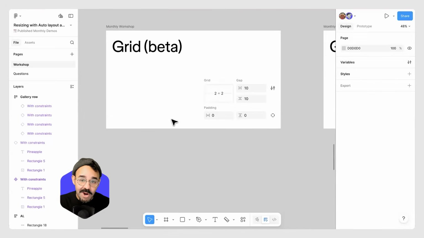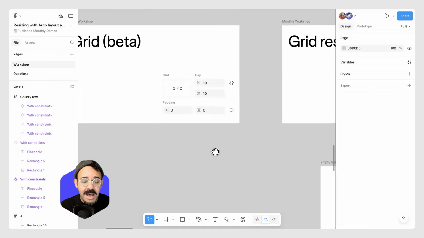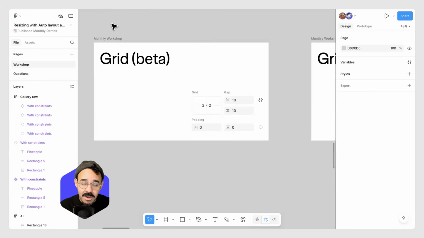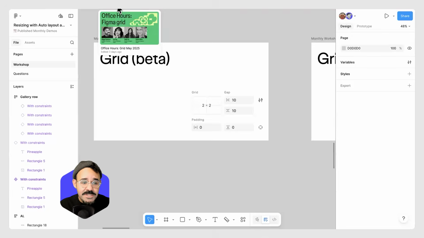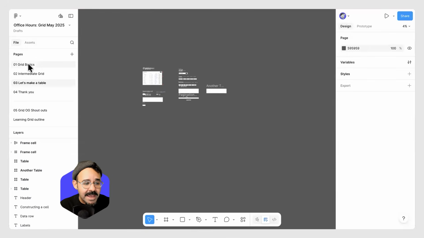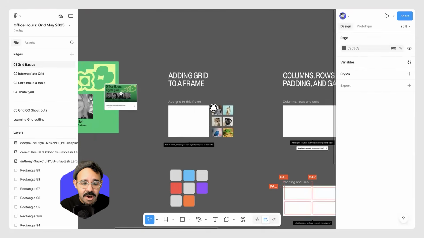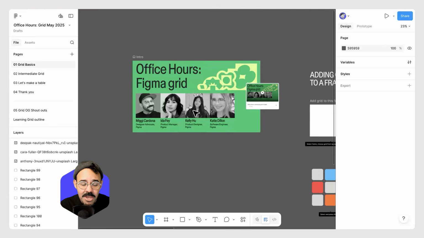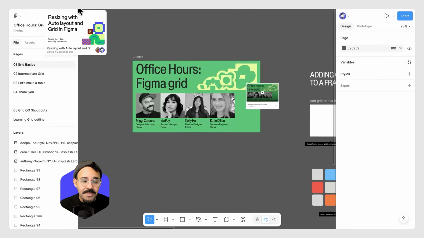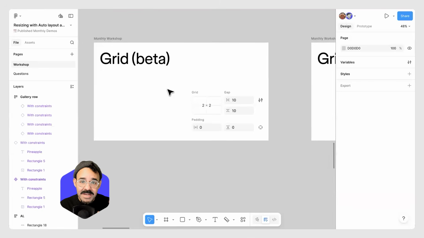So grid is currently in beta. And what that means is they're still changing certain things around with grid. I've covered a number of different grid tutorials. So some of you have probably seen my grid basics tutorial on YouTube. If you haven't, I highly recommend it. And this is going to be required reading too that I'm covering here because things have changed since that office